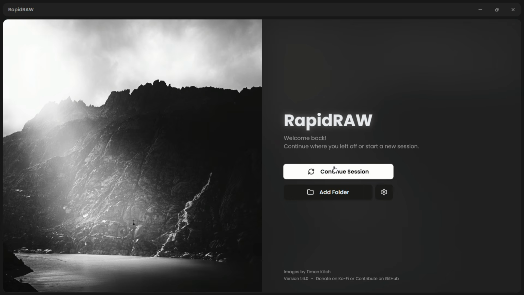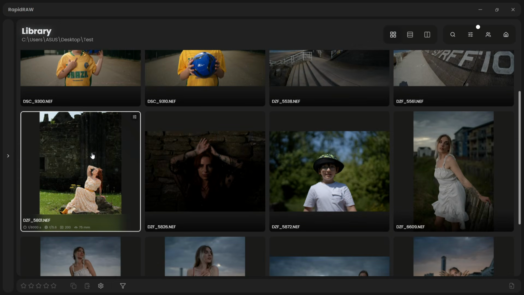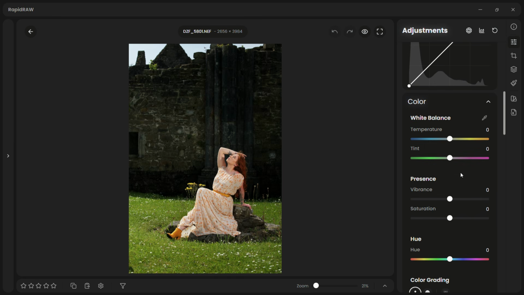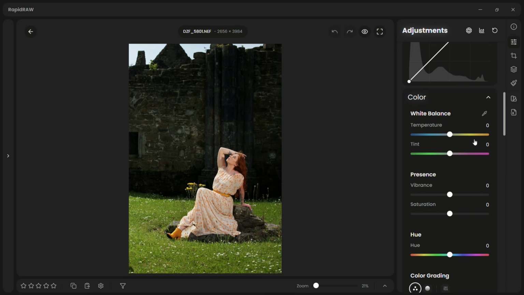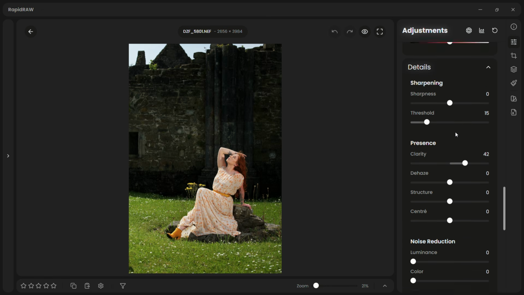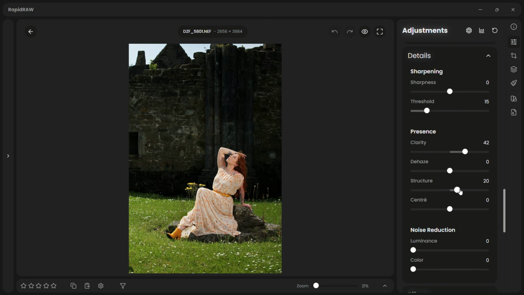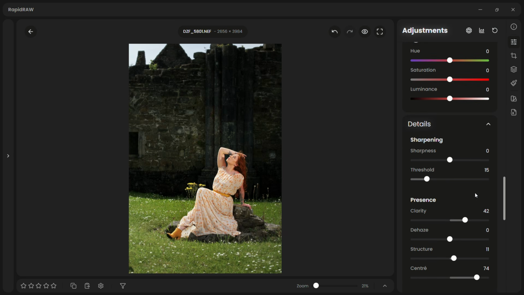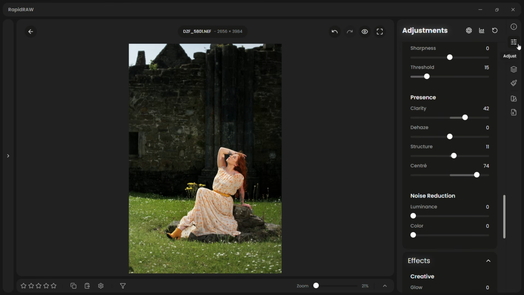So, if I just continue my session, and I will choose the image. There we go. Now I've made some basic adjustments to this already. I went through the adjustments and adjusted as I needed. As you can see, there's a couple of adjustments there. Plus, the white balance is fine. I also just slightly changed a few of the settings here. Let's get a bit more structure there. I like this sort of image thing. And there we go. So the first thing, lens blur,